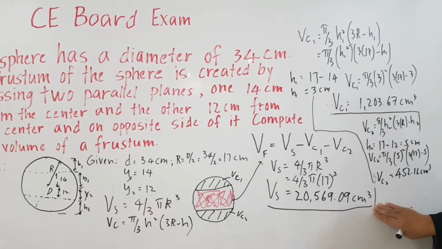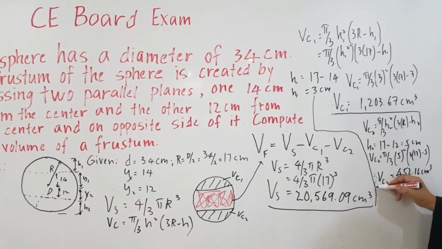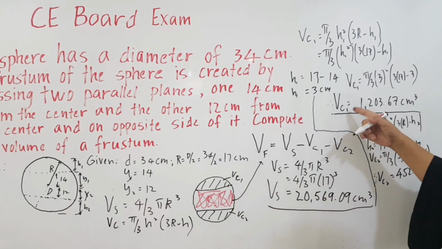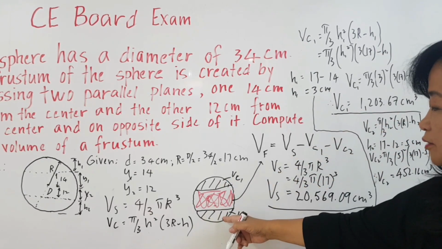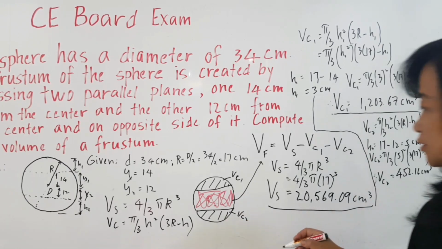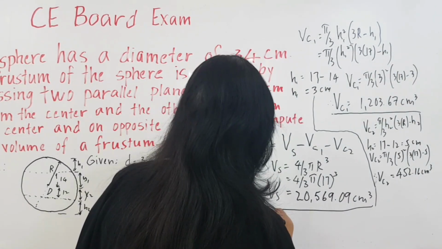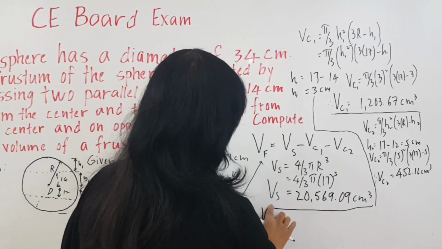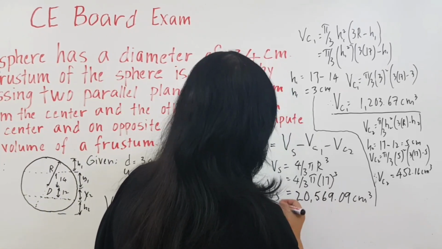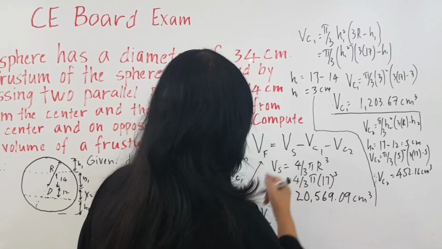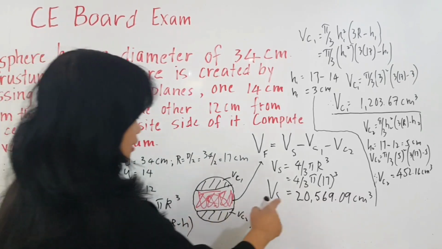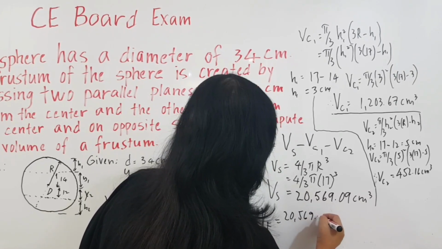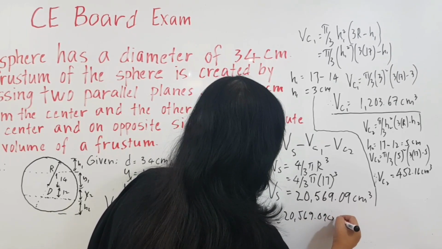So now we have already the volume of the total sphere, minus the volume of spherical cup 1, minus the volume of spherical cup 2. Therefore, we can solve the volume of the frustum of a sphere. Vf therefore is equal to, as we said here, Vs, which is equal to 20,569.09 cubic centimeter